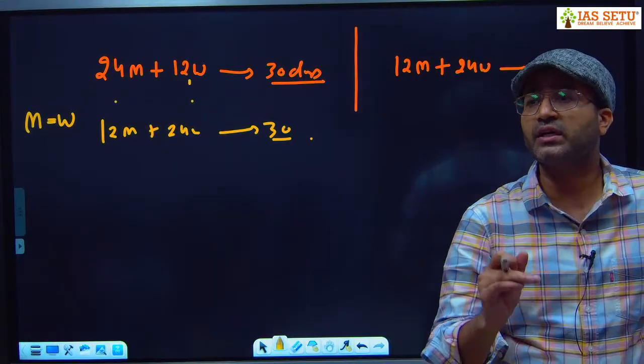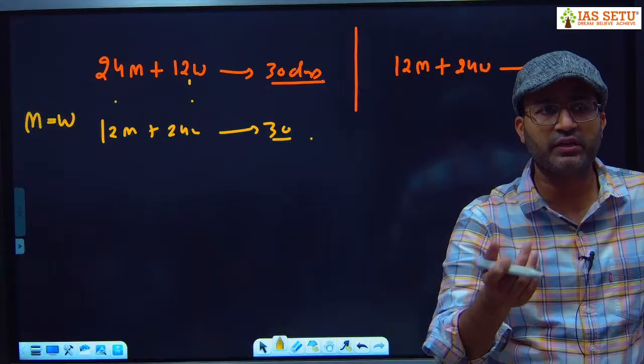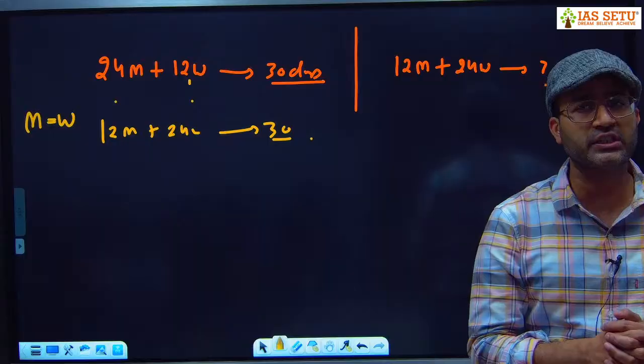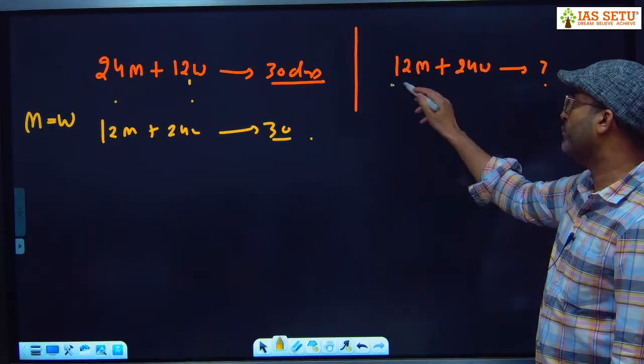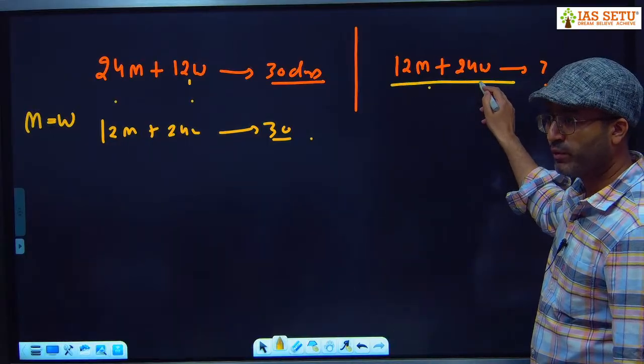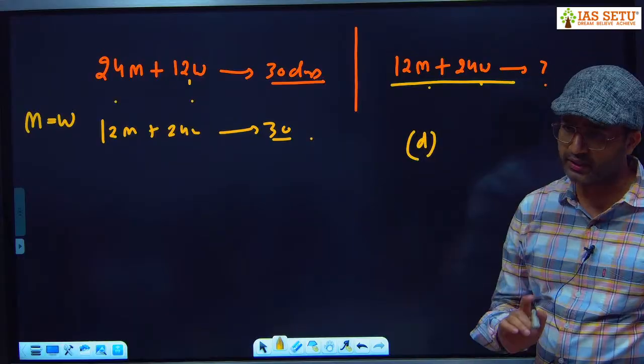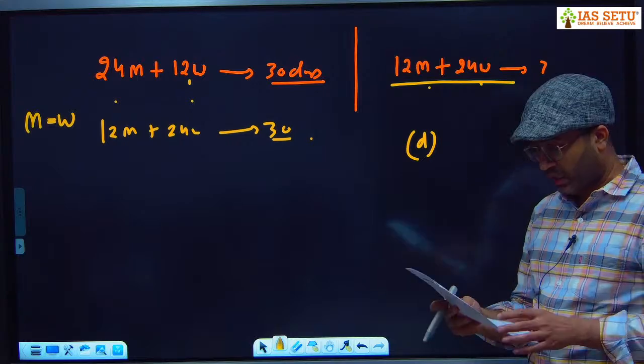अब हमें यही नहीं पता कि इस सिस्टम में मैन ज्यादा एफिशिएंट है कि वुमेन ज्यादा एफिशिएंट है या दोनों बराबर है. तो वी नीड एफिशिएंसी रिलेशनशिप टू कंक्लूड हाउ मेनी डेज दिस 12 मैन एंड 24 वुमेन विल टेक. तो आंसर इज डी, डेटा इनएडिक्वेट. ठीक है, इसका आंसर डी है. नेक्स्ट क्वेश्चन,